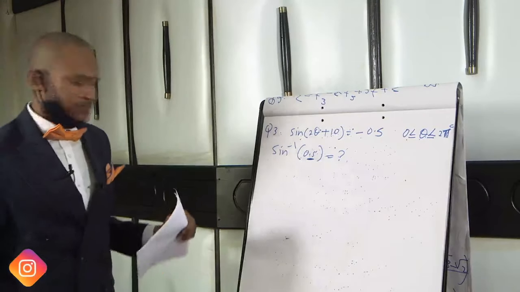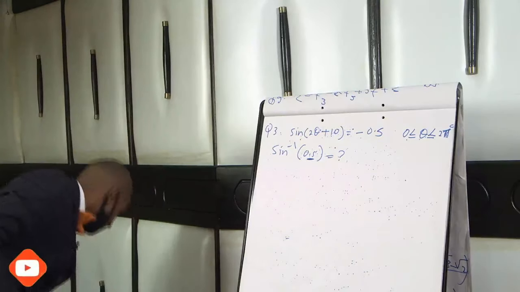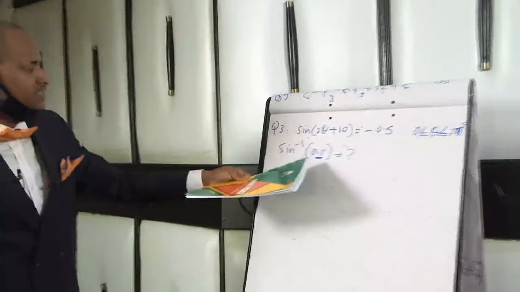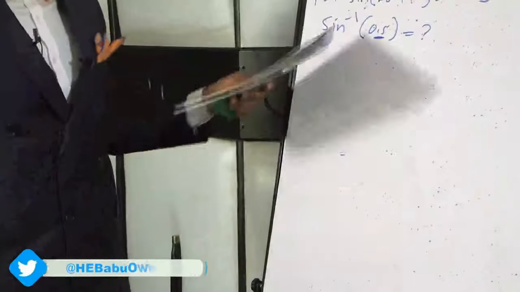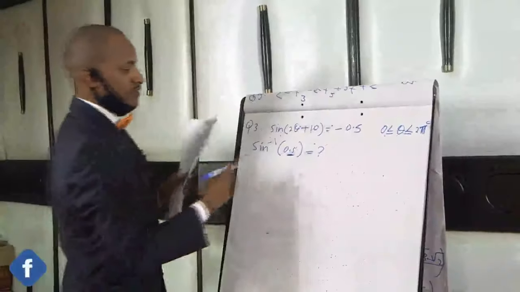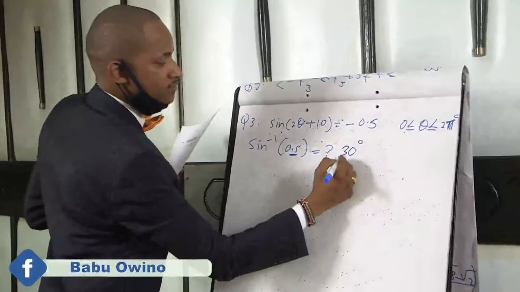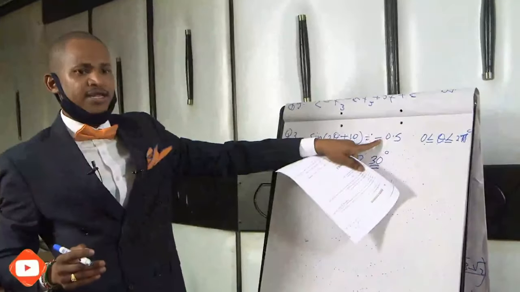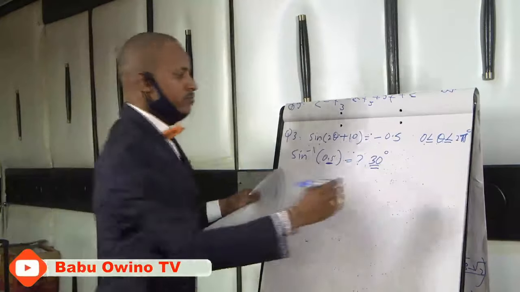From your 4-figure elementary mathematical table, or if you can get an angle from the calculator, the angle whose sine is 0.5, that angle is 30 degrees. Therefore, the first thing we do is to identify all the quadrants where that angle lies. But remember, we have negative here. So when we draw the quadrants,